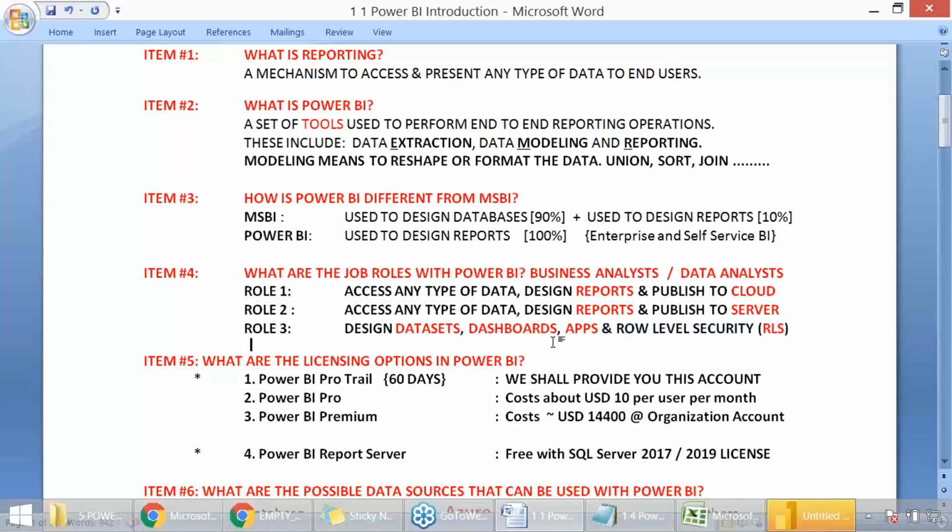Friends, only for easy understanding and comparison, we are going for that restaurant. It really helps us throughout our wonderful, vast journey in Power BI. So, what are the licensing options next? Power BI Pro trial, 60 days trial, and you would be receiving this account during day 1 or day 2 of your course. We need it throughout the course. And in reality, in live environment, we go for Pro or Premium. All activities we can do in Pro trial as well. It's not just a normal trial, it's an extended Pro trial. So account to be provided to you.